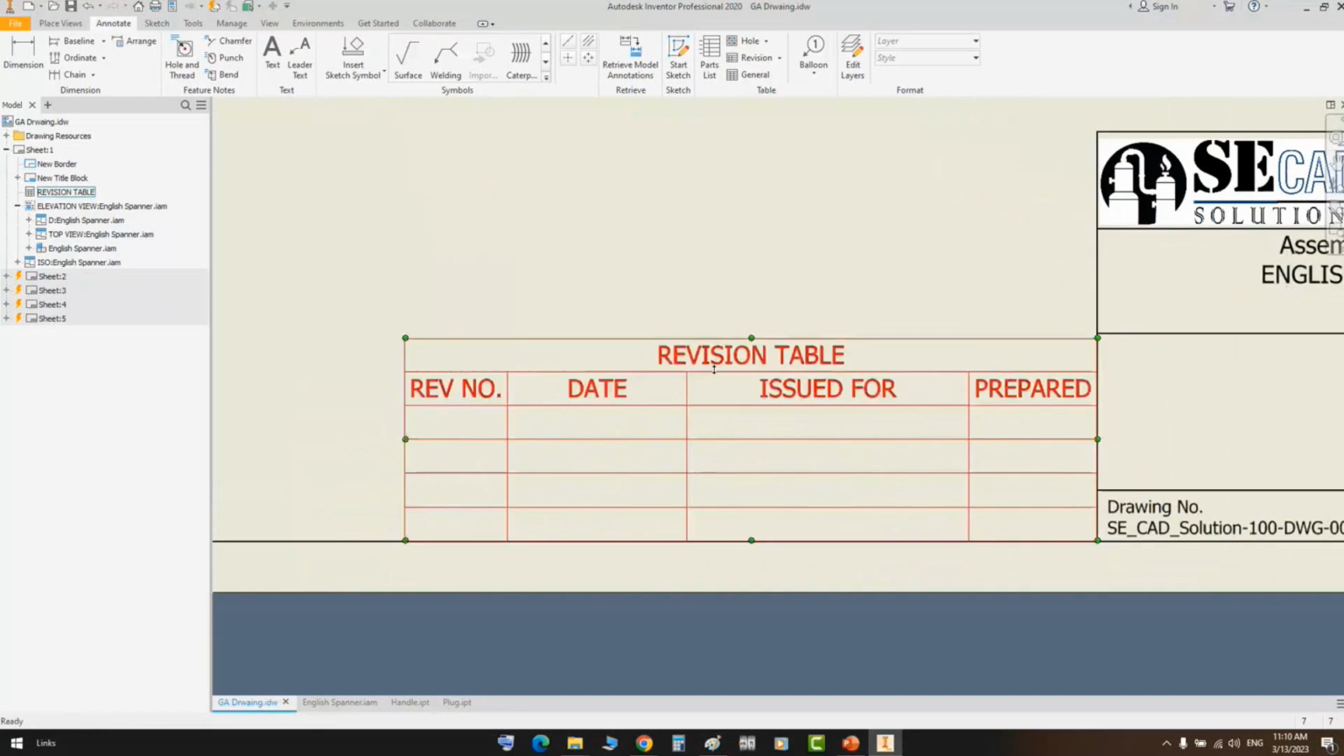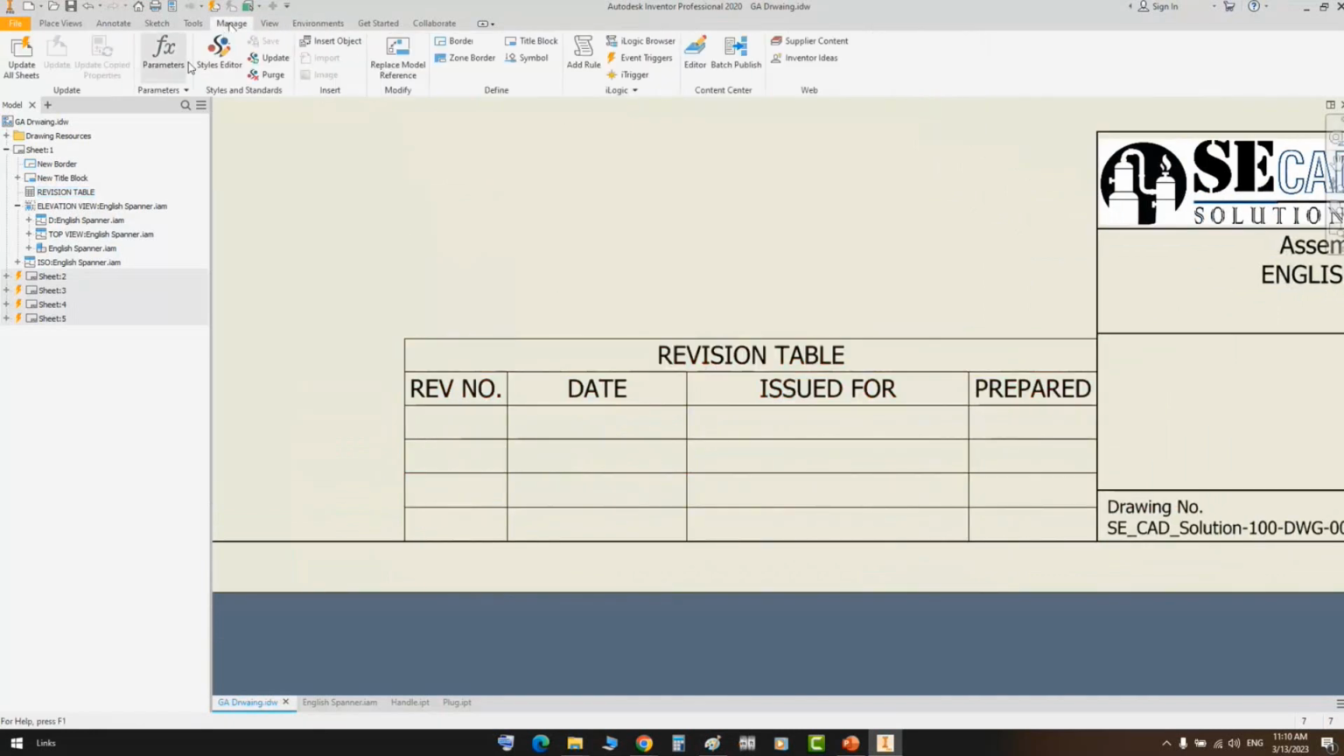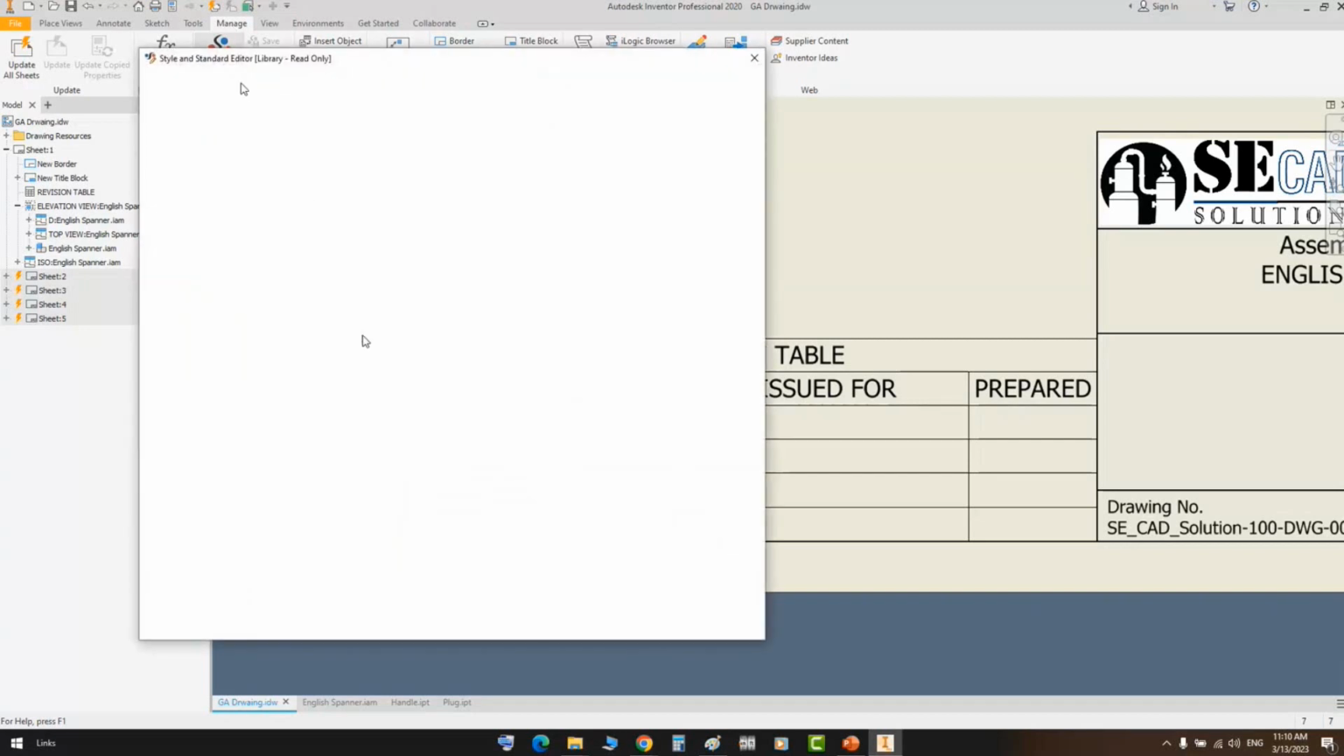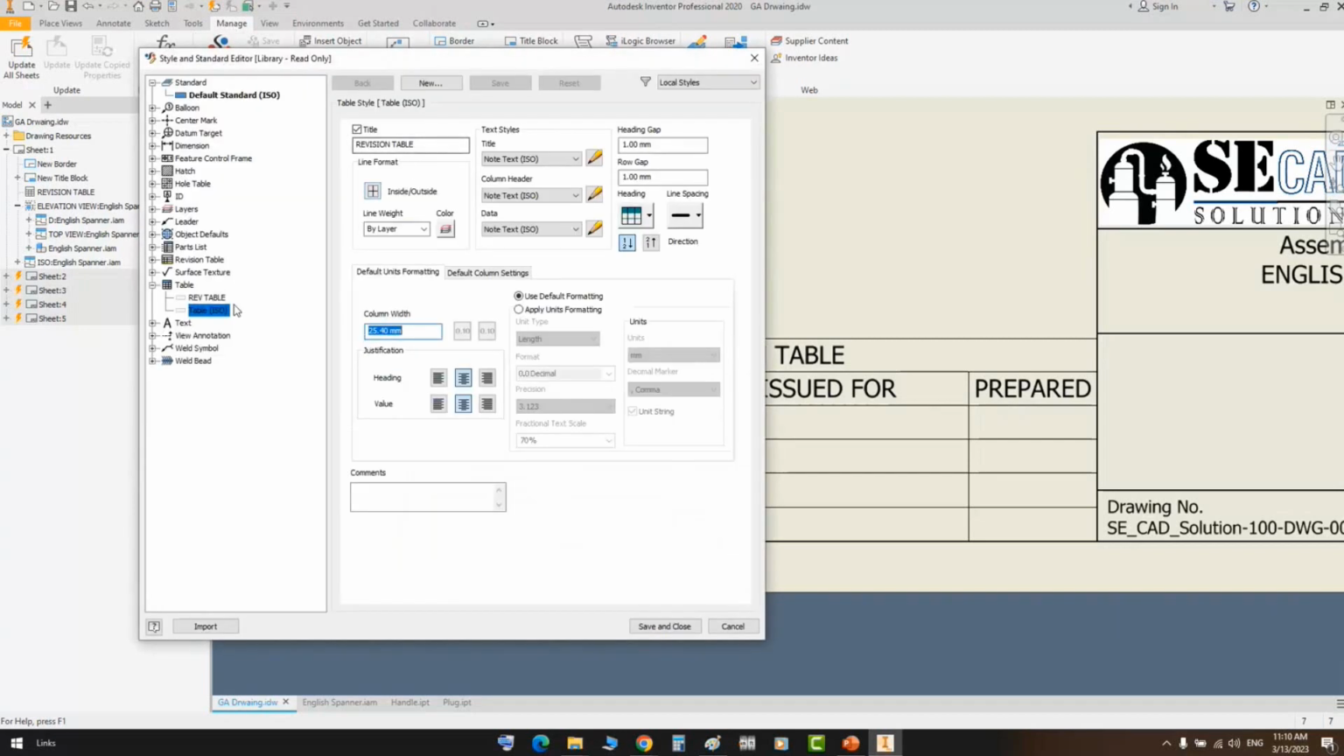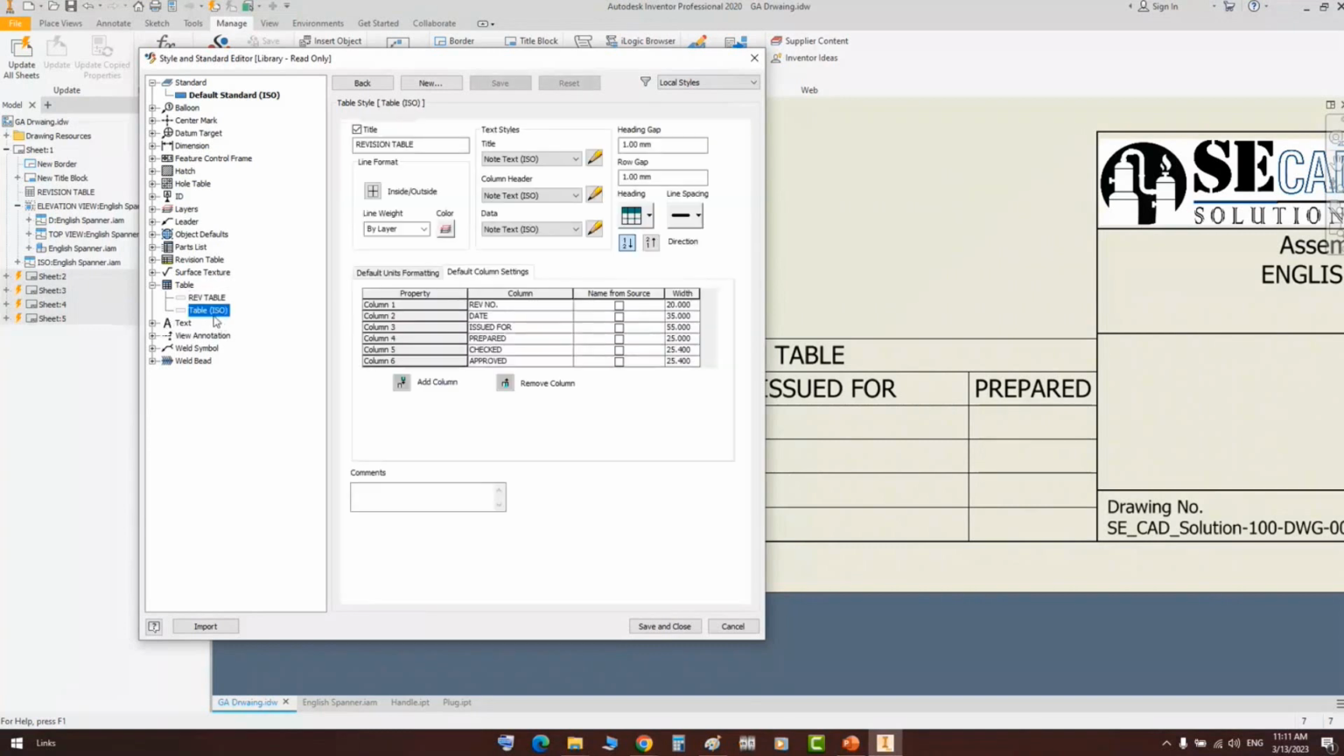It's for the revision table. I made the modification on another one, sorry. So let's come back to the style editor. Here's the modification that I did. I made it over the standard table, not the revision table. If you take a look at the revision table, it's still at the default, but I made the changes to